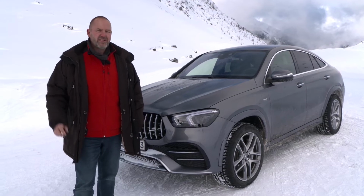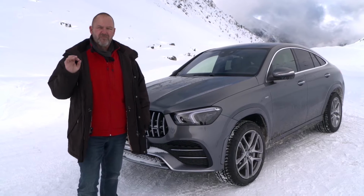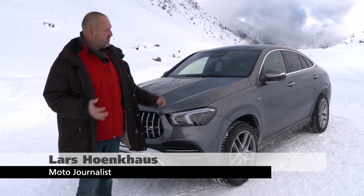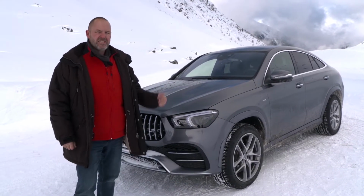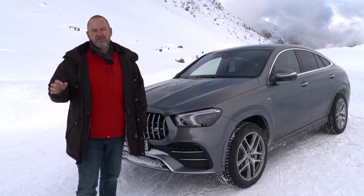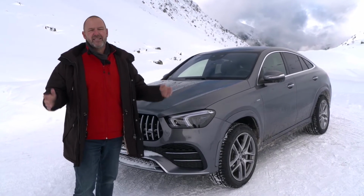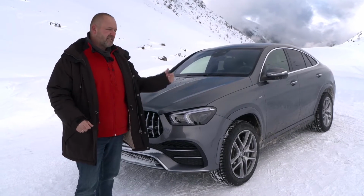It's quite a while ago that I drove the new Mercedes GLE. For me, one of the most beautiful and drivable cars in its segment. Now Mercedes is showing up with the new, more sporty version, the Mercedes GLE Coupe. And in this winter wonderland, I choose the actual top version, the AMG GLE 53 Coupe for my test drive today. And I'm going to find out how it drives, what else it delivers, and what makes that car a